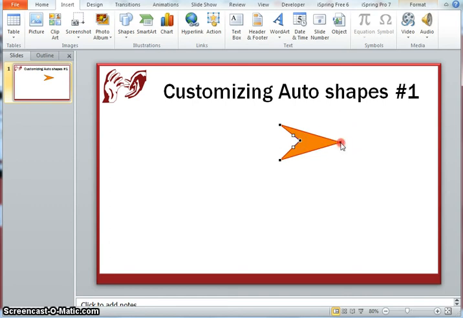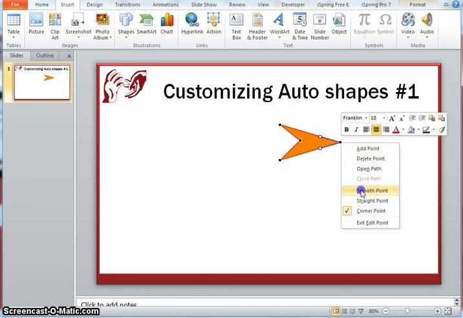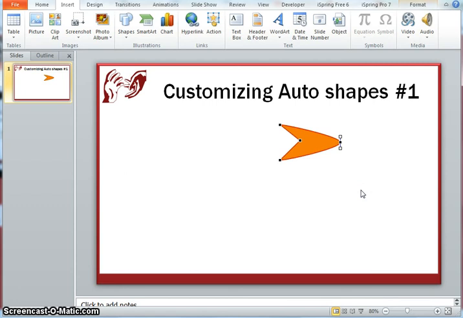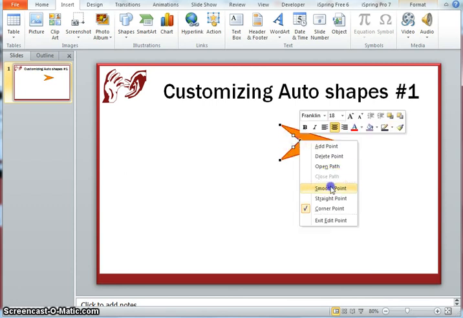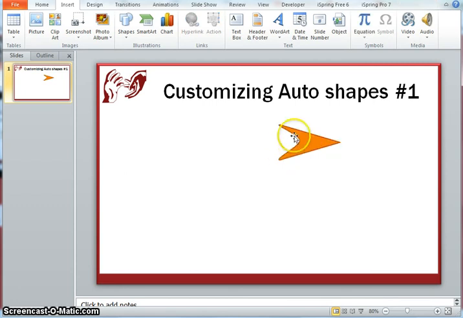I can smoothen this point if I want, but I will not smoothen this edge, I will smoothen this edge here, which kind of gives a smooth feeling to the arrow. And if you can see, depending on the smoothness of a particular point, that smoothness may actually carry forward to the next point. It all depends on the shape. So you'll have to try out and work out what works.